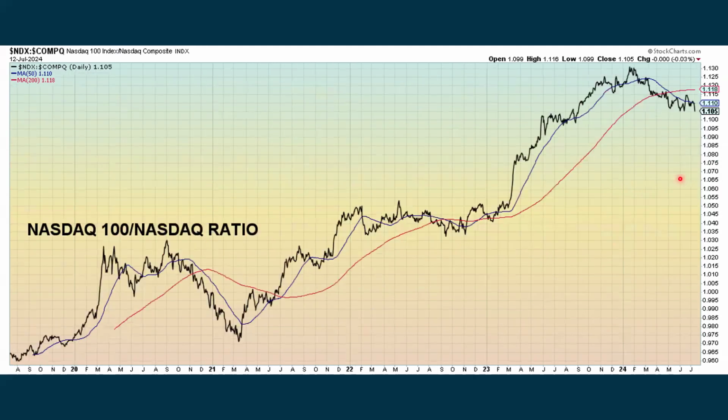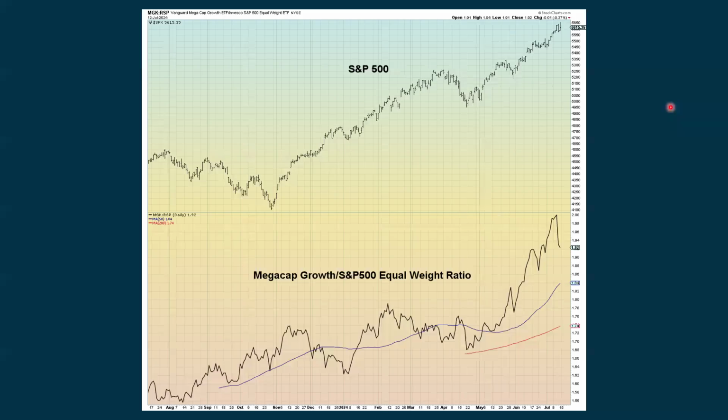The NASDAQ 100 is actually underperforming the NASDAQ. And this could be positive in the sense that we're seeing more broad participation from the NASDAQ, and it's not necessarily just the NASDAQ 100 that is leading things higher when we do this ratio. So this could just mean we're seeing a bit of a shift over to more broad market stocks that, again, it's not necessarily producing selling. It's just showing us that there's a shift that's going on.